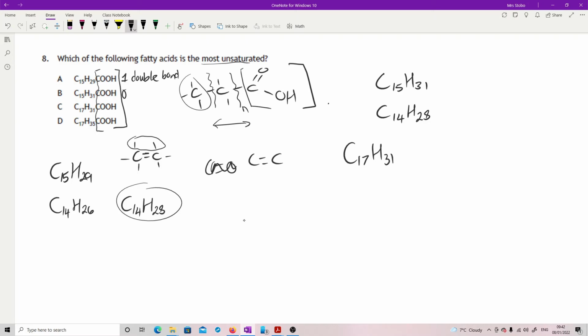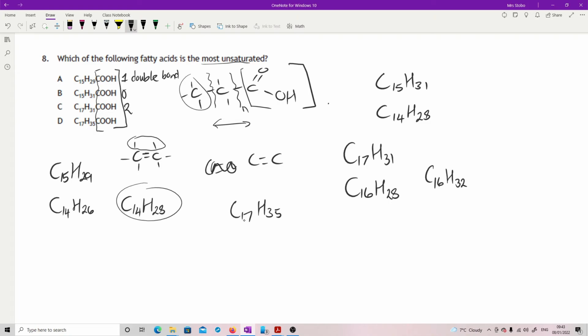C17H31. Okay, get rid of that CH3 at the end. So C16H28 again. So 16, if I was going to have my normal CH2 thing, that would give me C16H32. I've not, I'm 28, so actually I've dropped off two sets of hydrogens here. So I've got two double bonds in this one. Okay, and last one,